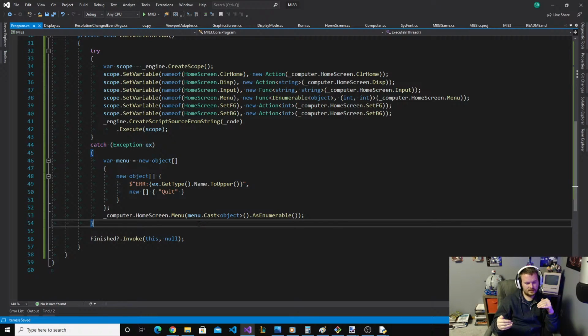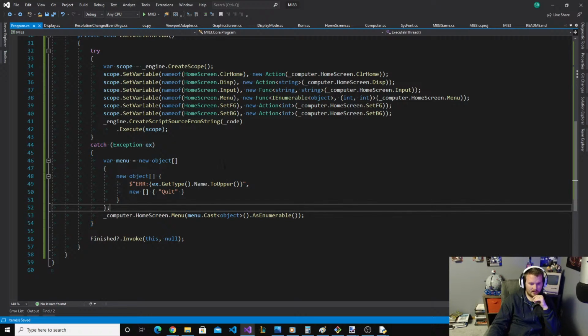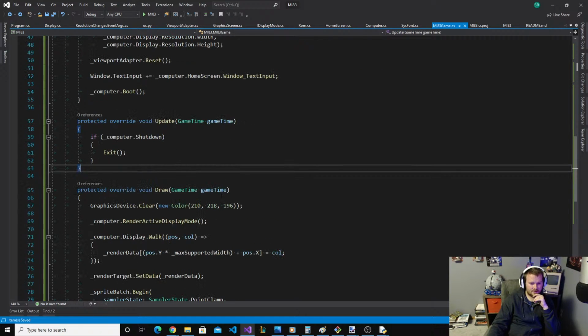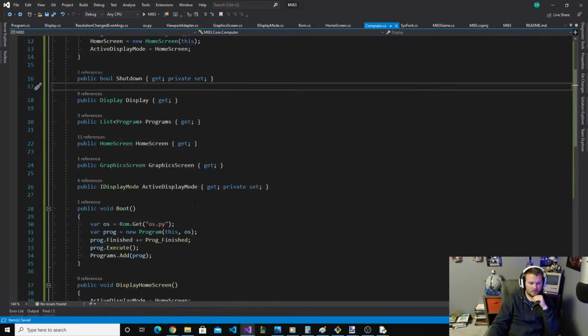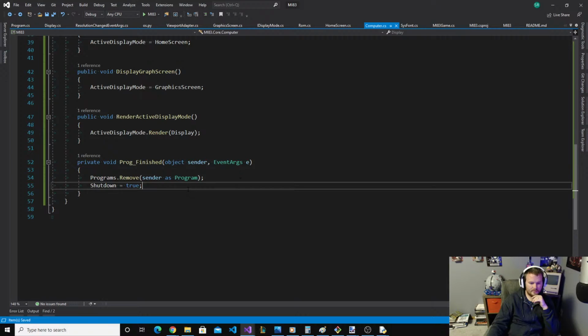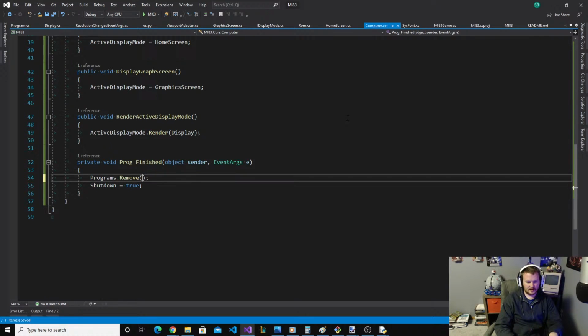Now, when it's done, it's going to remove itself. But how does execution return back? Really, what's going to happen is that, okay, I'm just thinking through these cases here. One other thing that needs to happen too is that